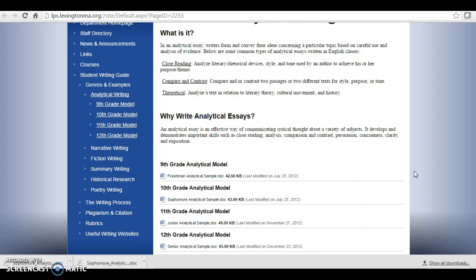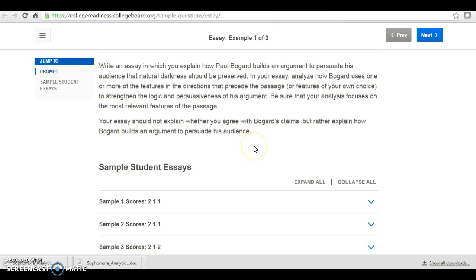Before we do that, I just want to make sure that we are all clear on what the analytic essay is. If you remember, back in Unit 1, you did write a sample analytic essay where you looked at Paul Bogard's essay. This was a sample from the SAT